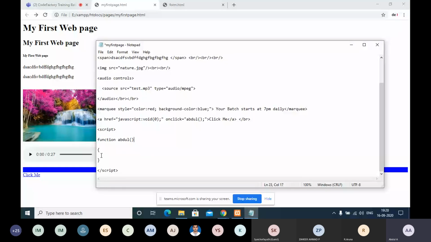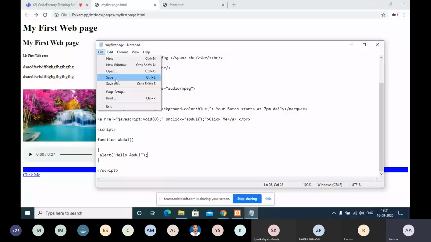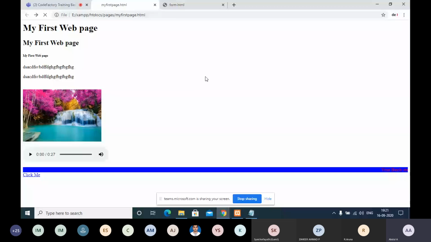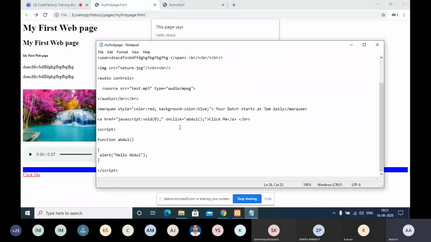Now I'm putting alert inside the function, hello Abdul. Earlier, when I was typing, it was not under the function, so that is why we got the alert whenever we refreshed the page. Now whenever we refresh the page, we don't get anything. Now I'm going to click the link.